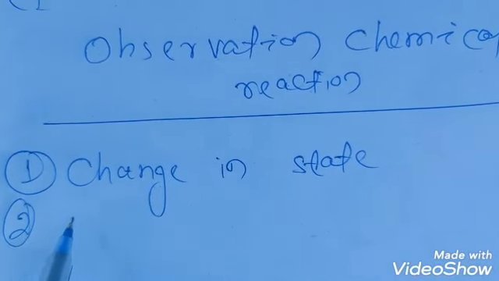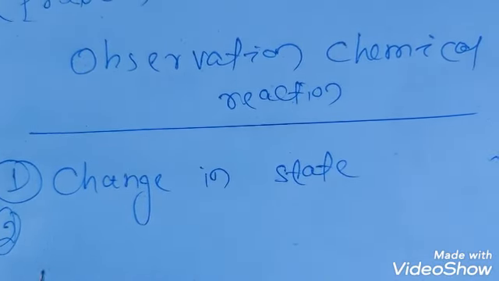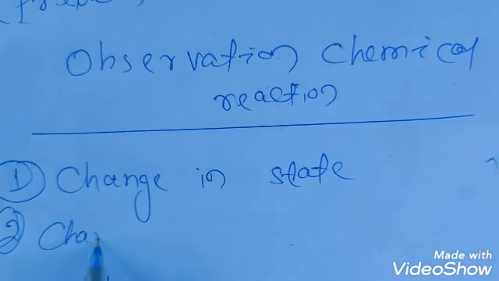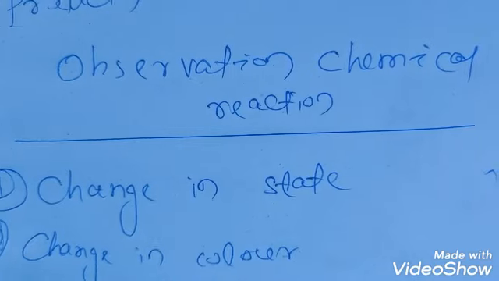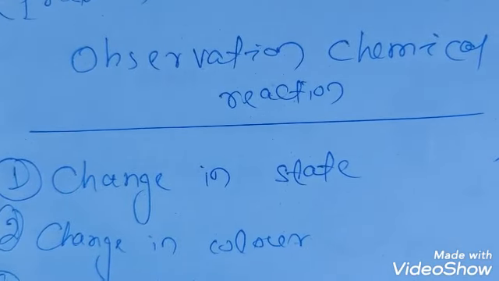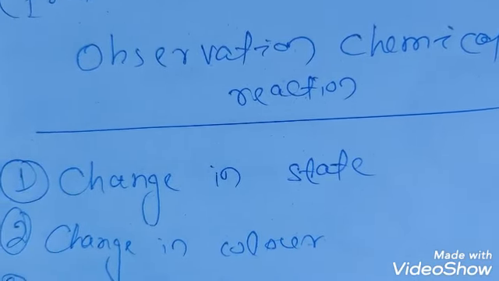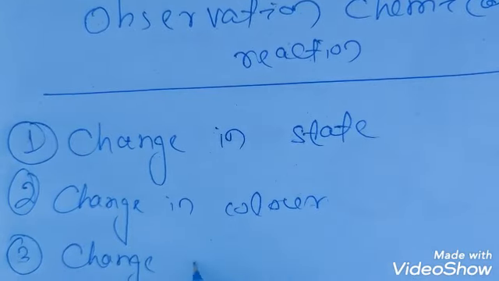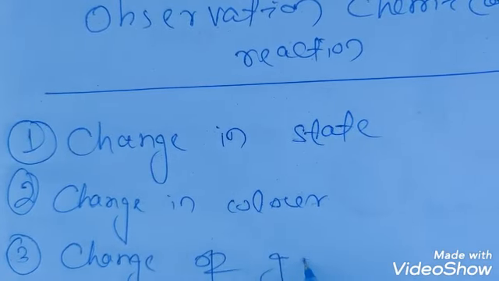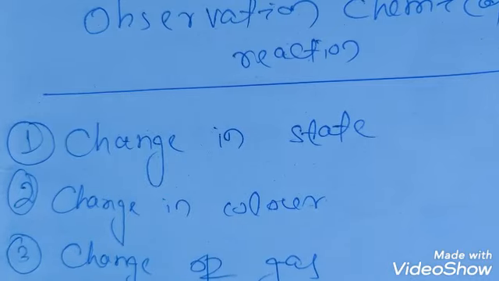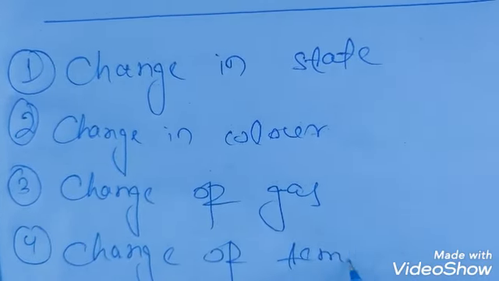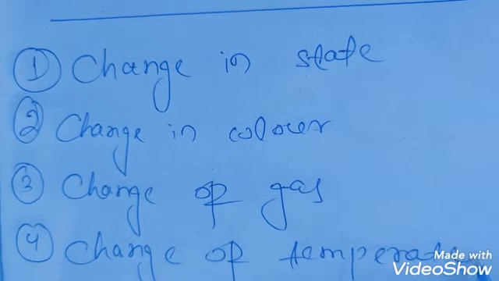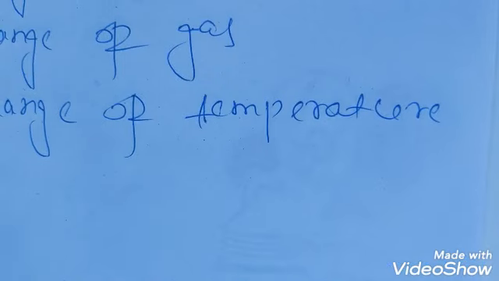Let's take the second point. The second point is change in color. The color also will be changed. Next, the third point is change of gas. And the fourth point is change of temperature. Let's take